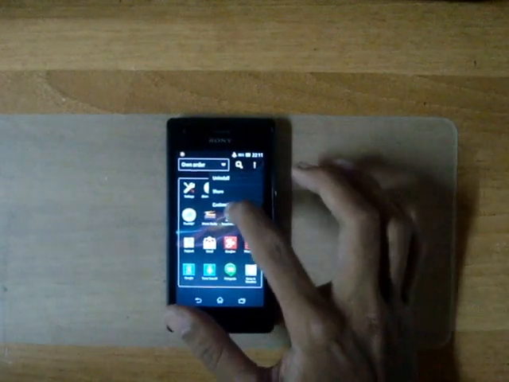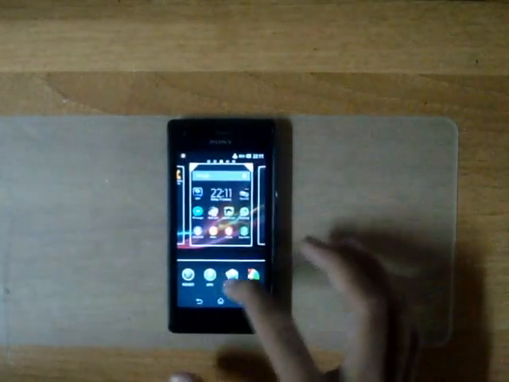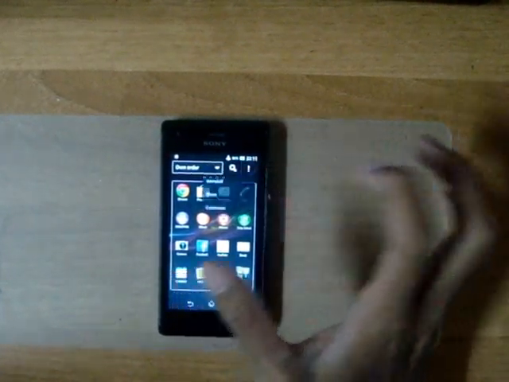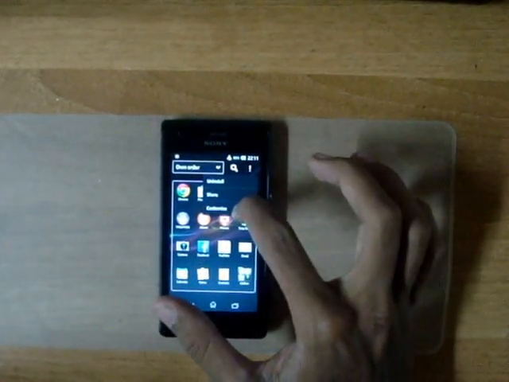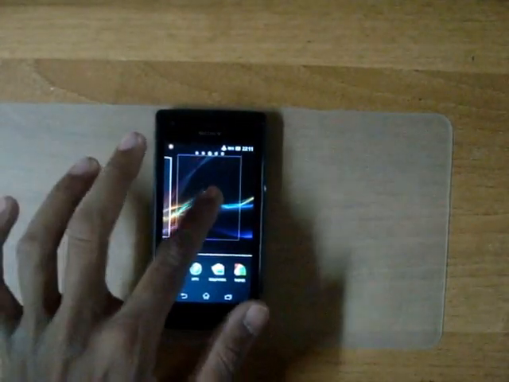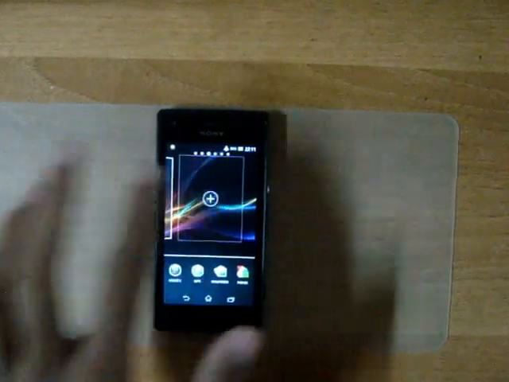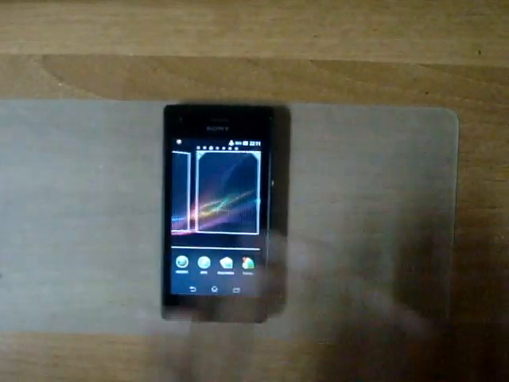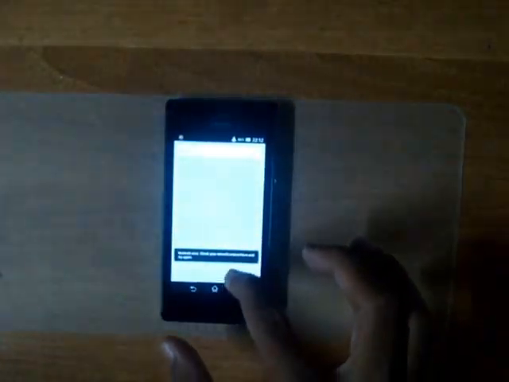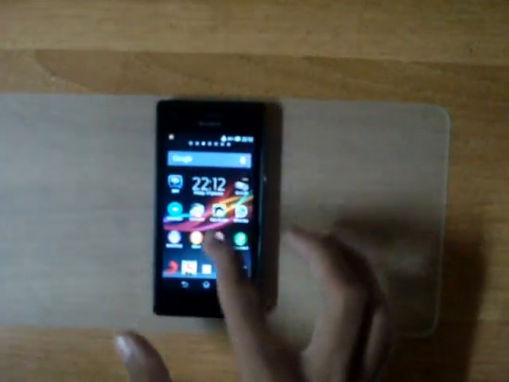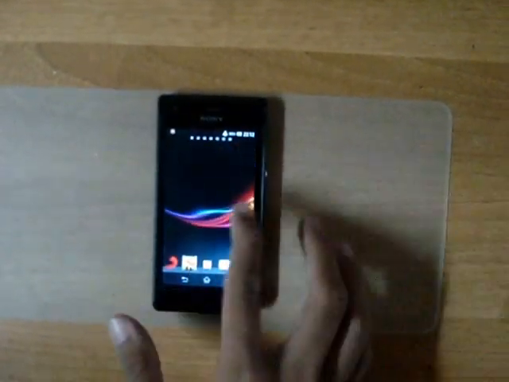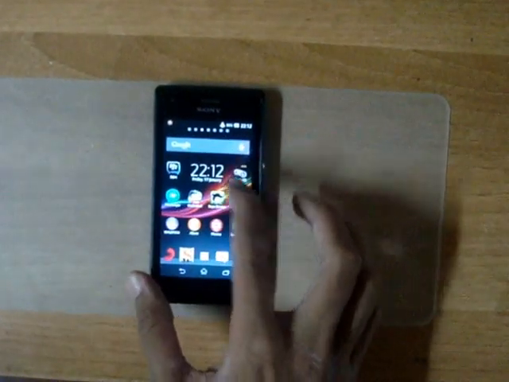Coming to the customize section, if I click on customize, I go to the top of the screen, I get an icon here, the third option, that's customize. I can add more screens to my main background. I can add as many screens as I want, and I go back. So you can see on the top I have about 8 screens which I can swipe through and keep my apps, widgets, time,